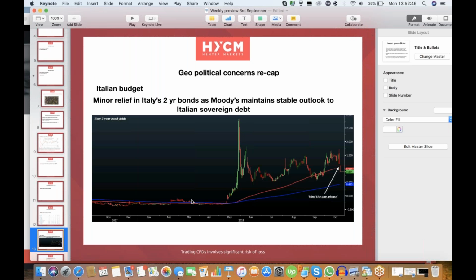Now, when you're looking in the markets at the yield of bonds, when the yield is rising, the value of the bond is falling, okay? And when the yield of the bond is falling, the value of the bond is rising. So in other words, what happened here when Moody's said that we're going to put the Italian sovereign debt as stable,